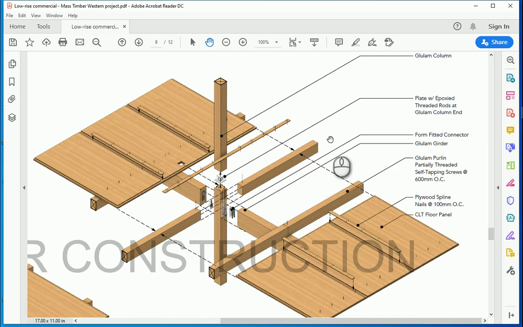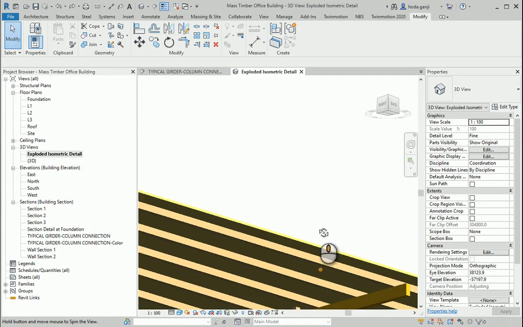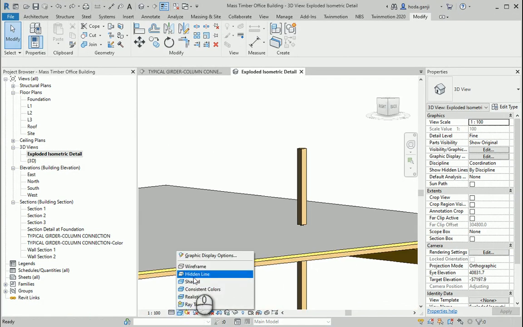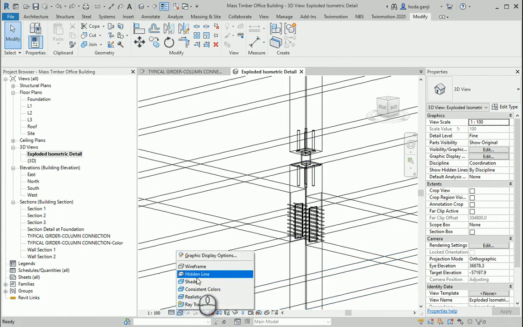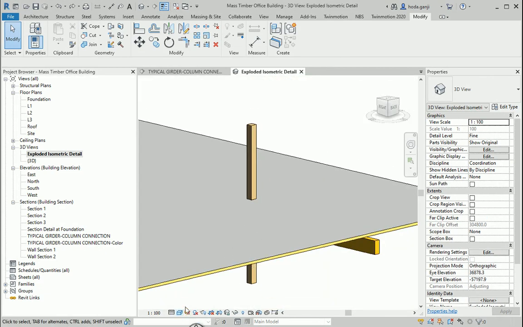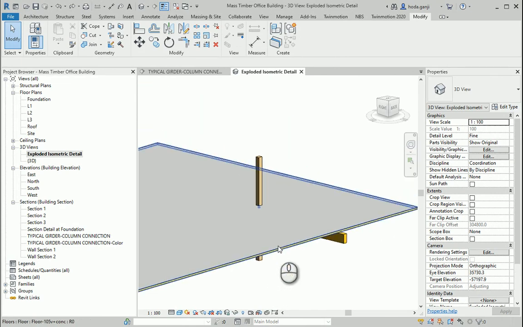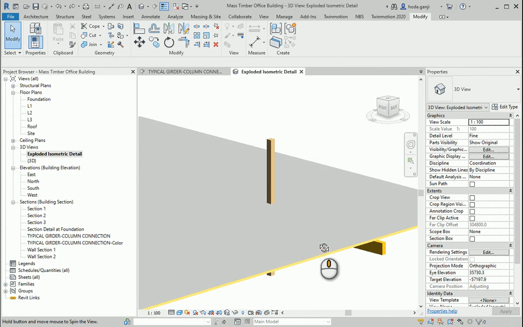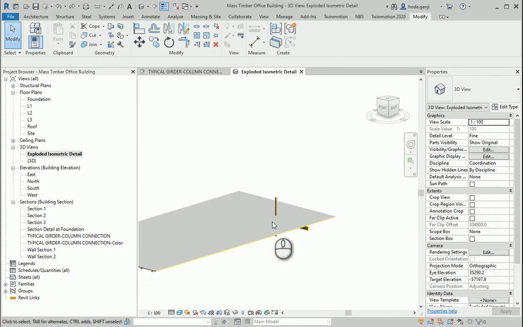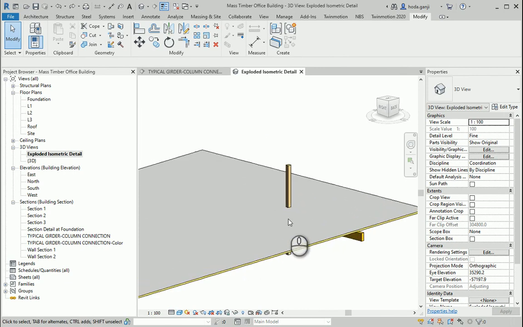In this video, we're going to create this exploded view. Before, we created this 3D view with these connections. So maybe we could create the exploded view based on this view. In this case, you see I have already hidden other objects, and you see they're hidden permanently, not temporarily.